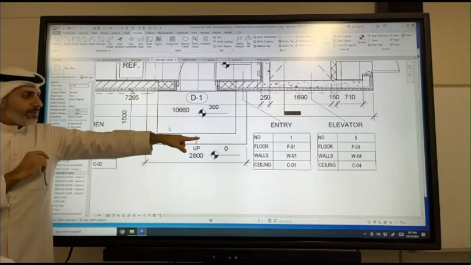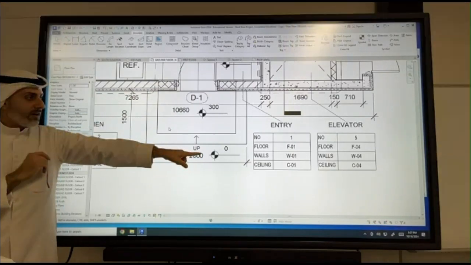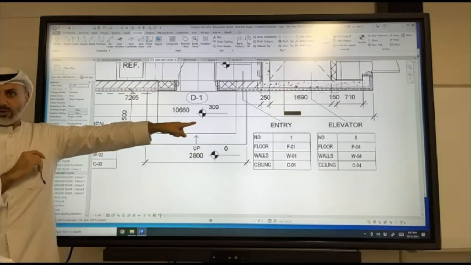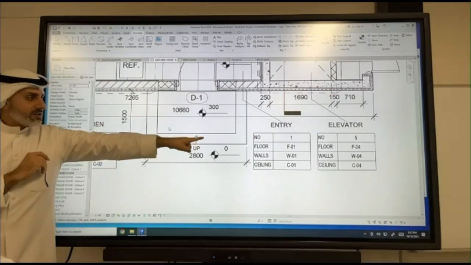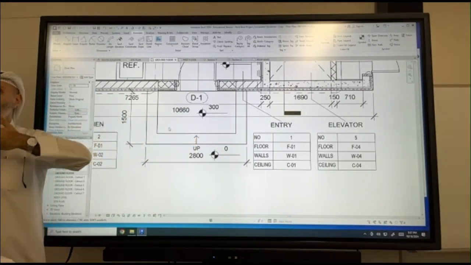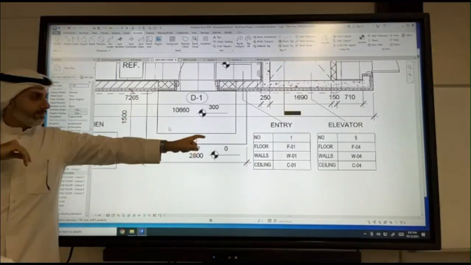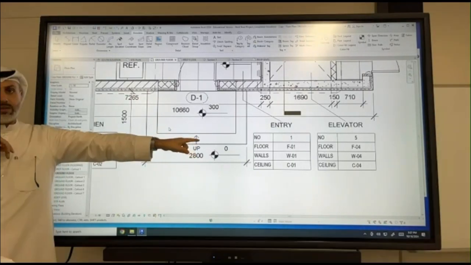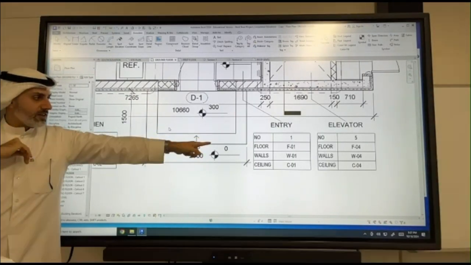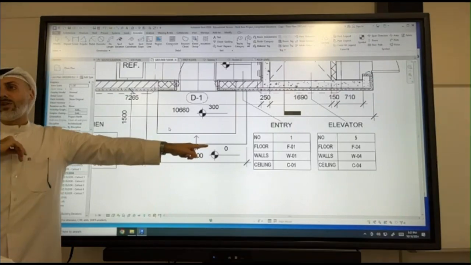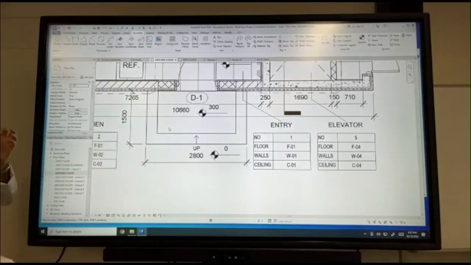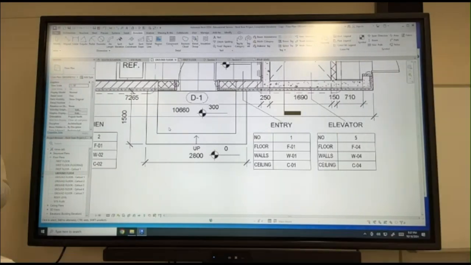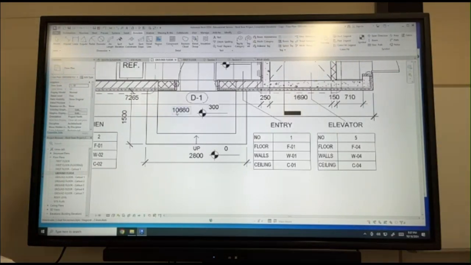And then I have a step and then 0. So I have 1, 2 steps. Okay? هذه is the minimum مالت الدرج. درج كم minimum? When you step 30, okay, or 300 milli. So this needs to be 300. So these are the basic elements that you all need to have a proper step. You can change the design. So to do this,